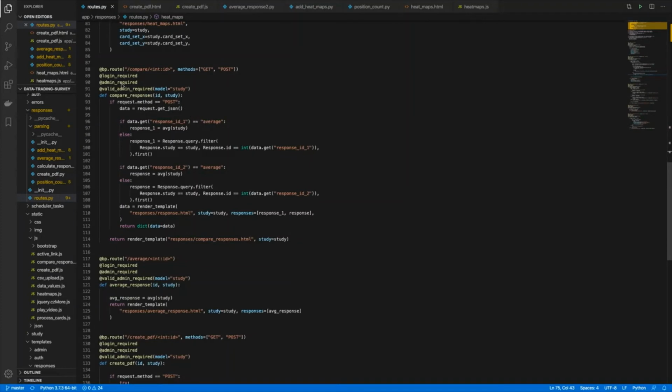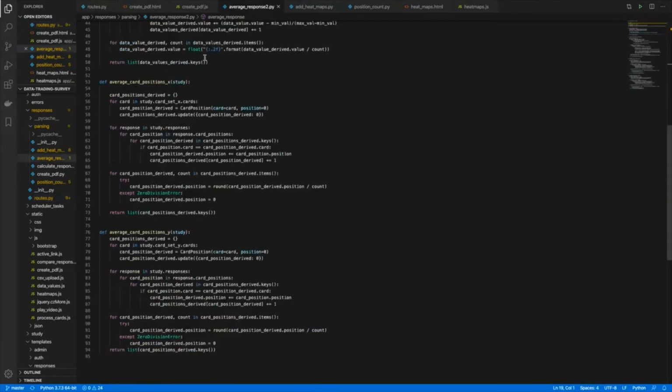So the compare responses endpoint uses a similar method to the previous create heat map endpoint, rendering a form and sending the form data back to the server using AJAX for the asynchronous functionality it brings. It displays two responses as the user entered them on the actual study interface. It does this by reusing much of the HTML components from the HTML used in the actual study. The form also has an option to display an average response. This average response is calculated using the average response method, which we will look at now.